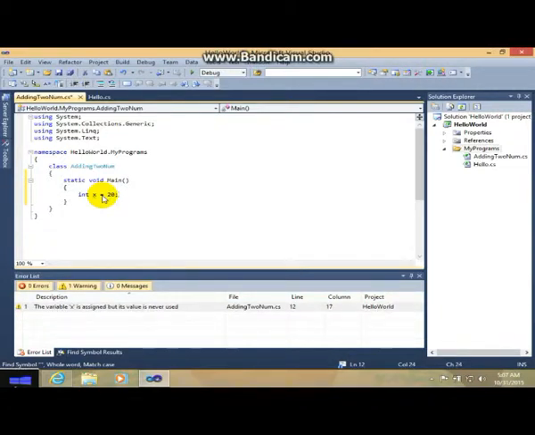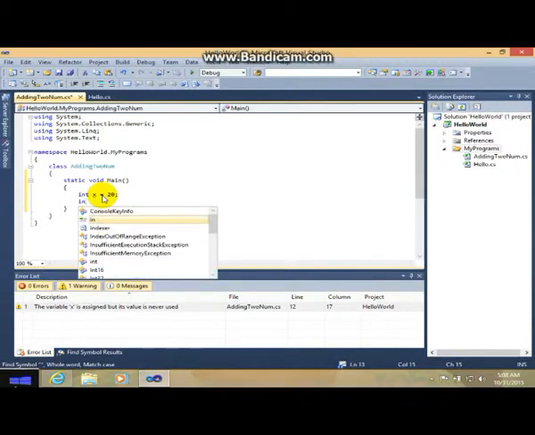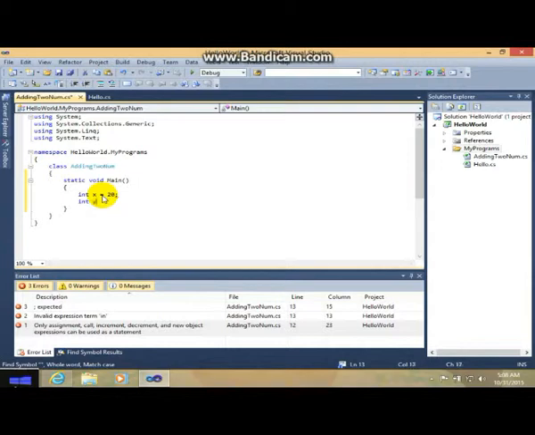And the second number, because we are going to add two numbers, so we need the second number, int again, and use our variable y equal to maybe 30, and don't forget the semicolon.